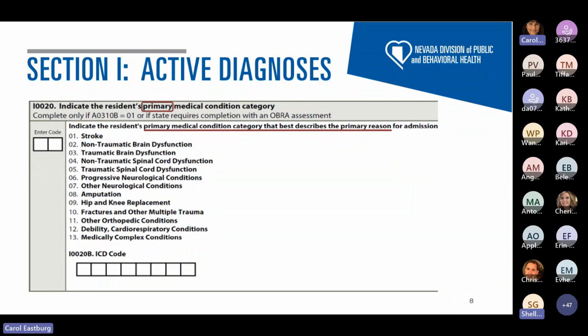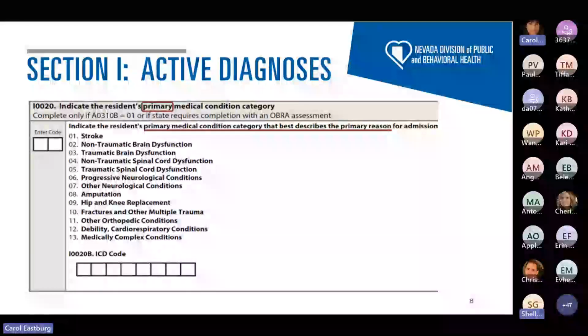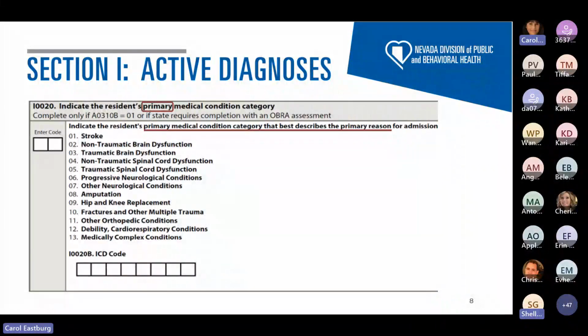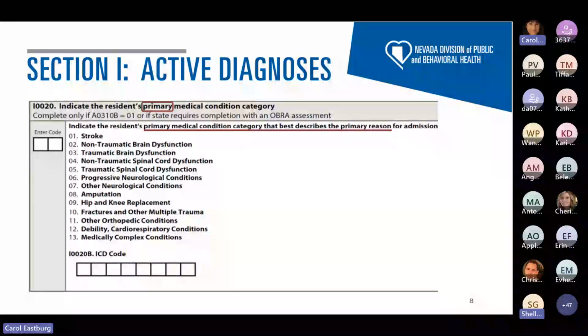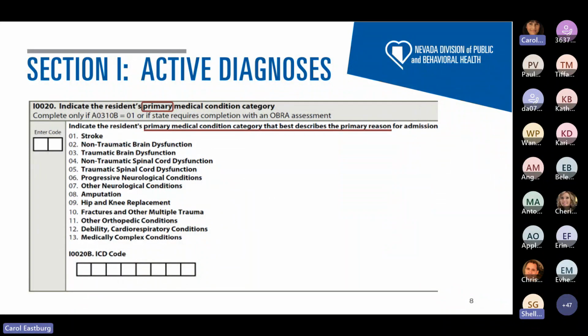And how do you determine if it was active? Physician documented in the last 60 days must have a direct relationship to the resident's current functional status, cognitive status, mood or behavior, medical treatments, nursing monitoring, or pose a risk of death, and it occurred during the 7-day look-back period.